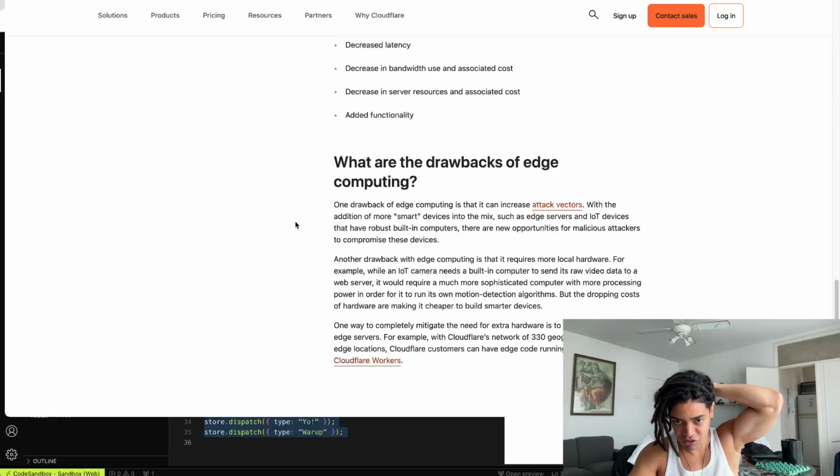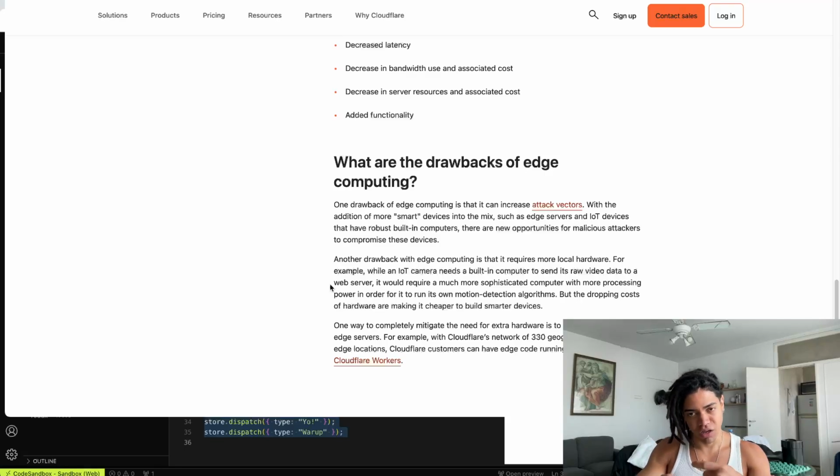Another drawback of edge computing is that it requires more local hardware. For example, while an IoT camera needs a built-in computer to send its raw video data to a web server, it will require a much more sophisticated computer with more processing power in order to run its own motion detection algorithm. But the dropping costs of hardware are making it cheaper, because hardware is getting cheaper and cheaper, similar with memory most of the time,